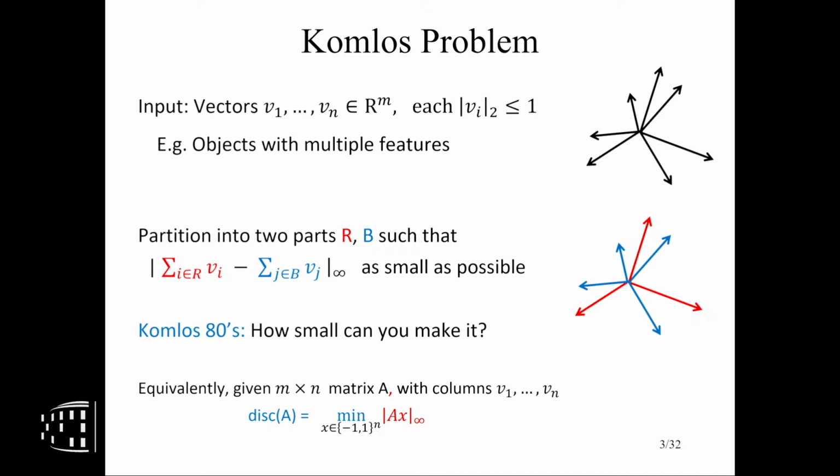So the goal is the following. You want to break these vectors into two parts, let's say red and blue. If I sum the vectors in one part and the remaining in the other part, and look at the difference, you want these two parts to be as similar as possible in every feature or coordinate that you care about. In other words, if you look at the difference of these sums and minimize the L infinity norm, you want to make it as equal as possible. And this comes up in a lot of places. I'll talk some about it, but think of it as doing a randomized control trial where you want to break things into two pieces.